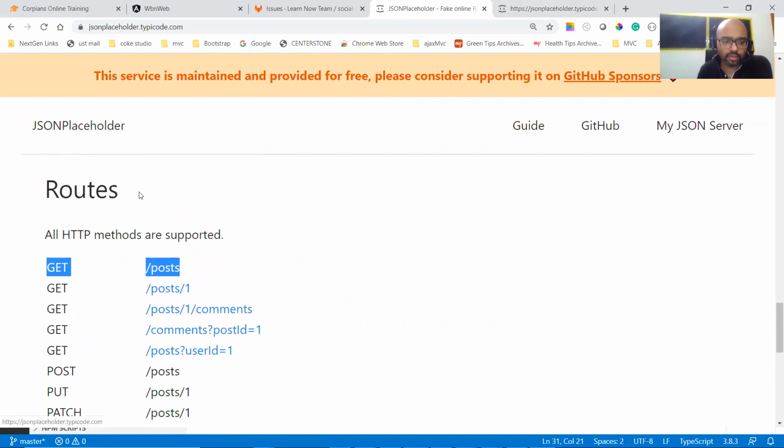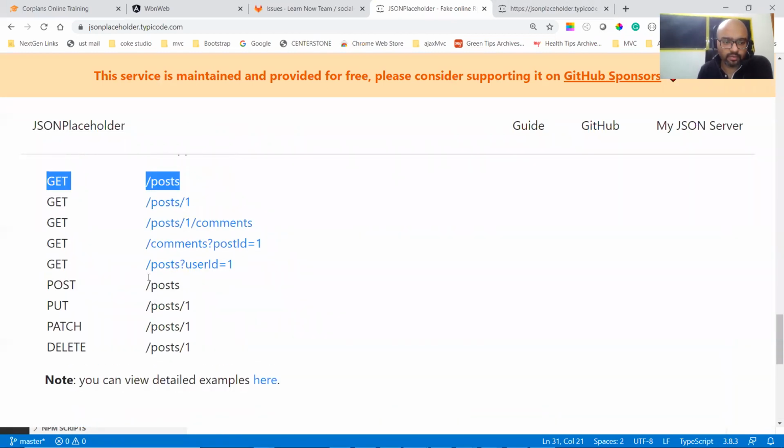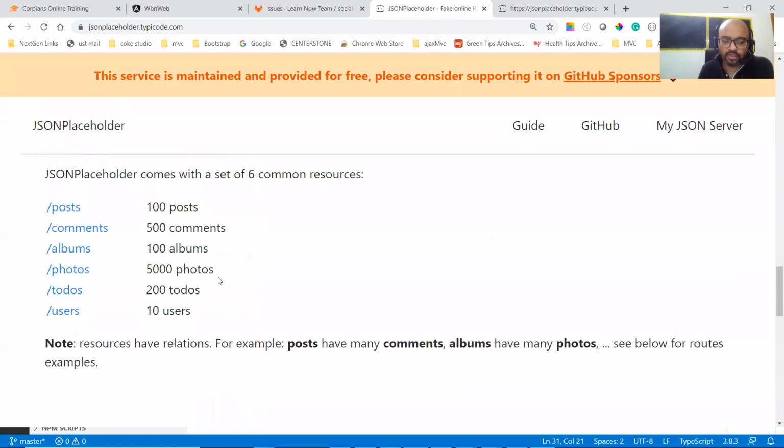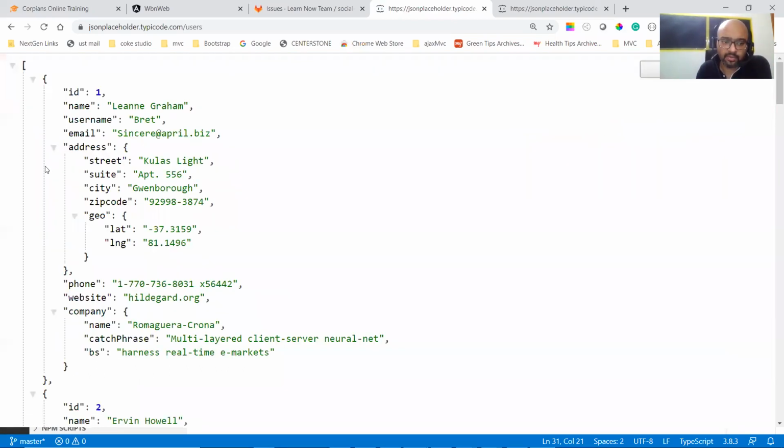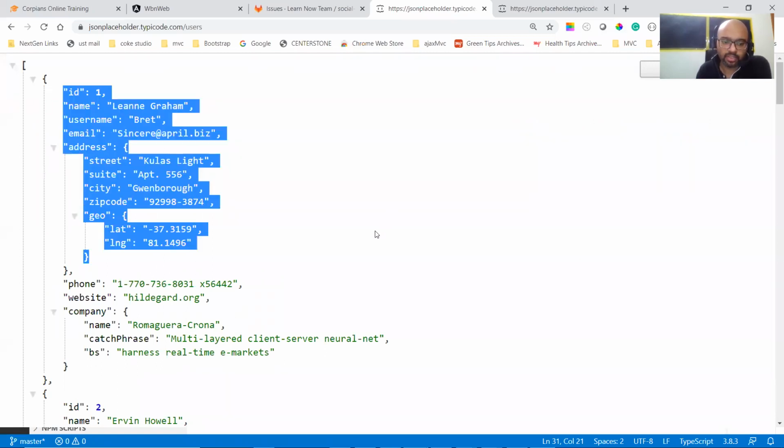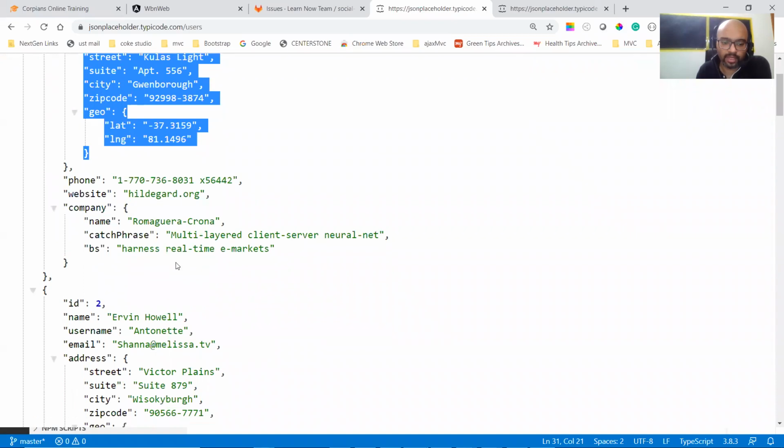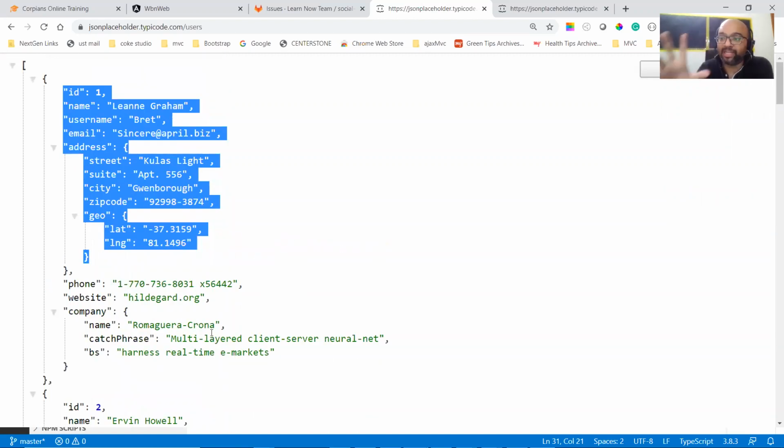Which APIs would you suggest for our application just for today? Just for today. We'll do it quickly. So user will be fine. We have fewer users, only 10, so it will fetch faster. And user has good complex information, so that will be one good way for me to show you how you can print a complex structure.